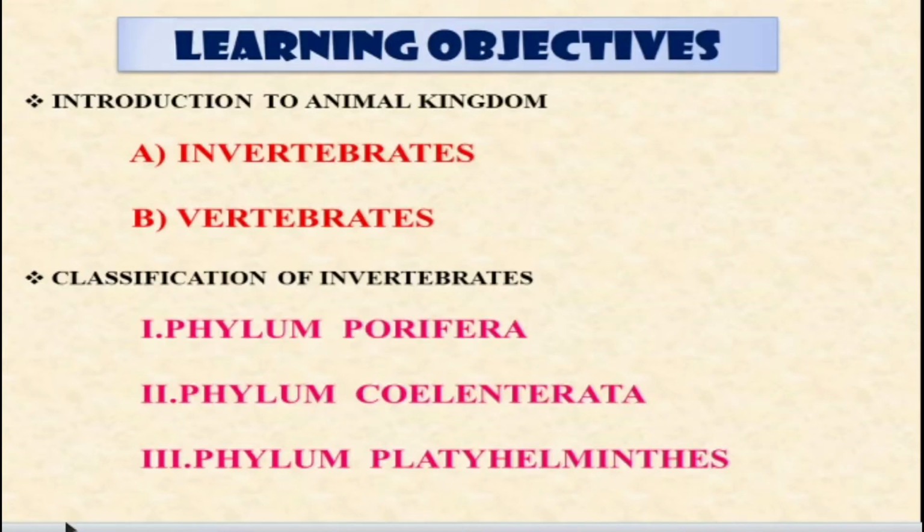Learning objectives are introduction to animal kingdom. There are A. Invertebrates, B. Vertebrates, and classification of invertebrates. There are 9 phyla. In this session you will learn about the first 3 phyla. The first one, Phylum Porifera, second phylum, Phylum Cnidaria, third phylum,